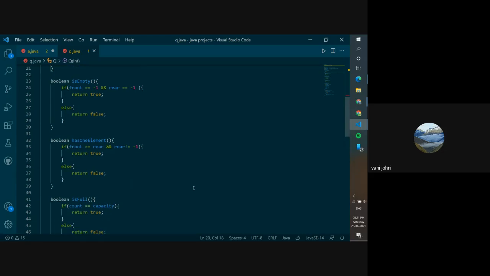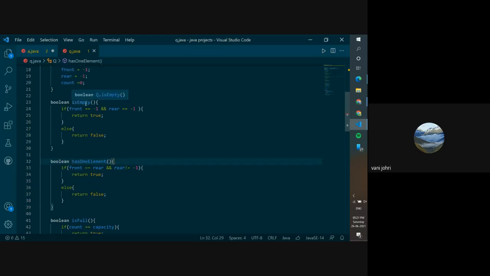Let's say the queue is empty, you cannot delete an element from it. And if the queue is full, you cannot enter more elements. Why we check if it has only one element left, we will discuss right now in the code.